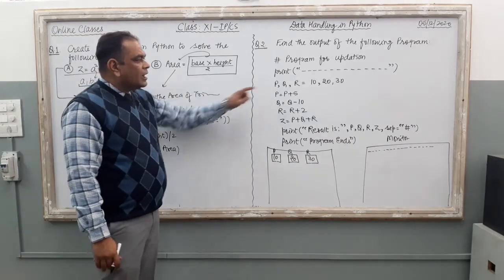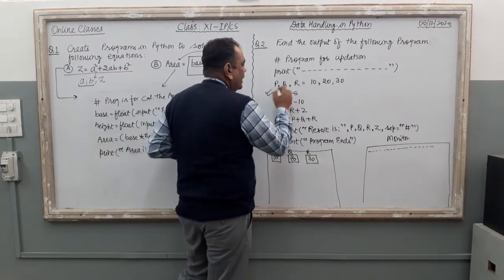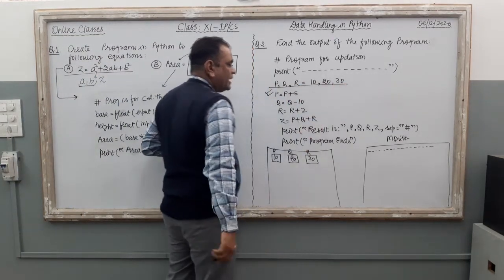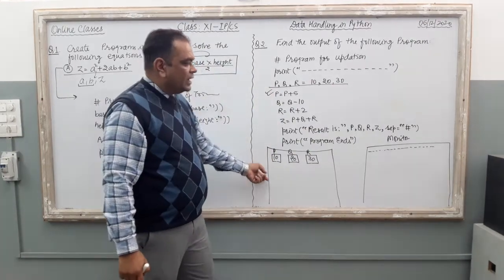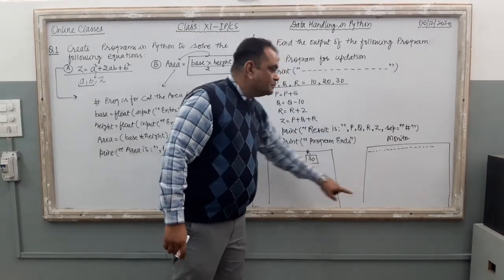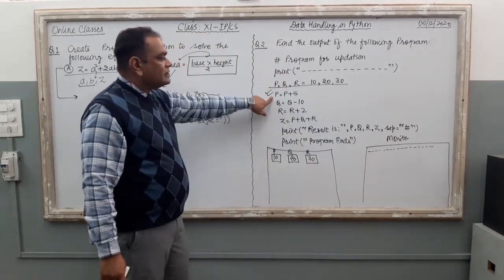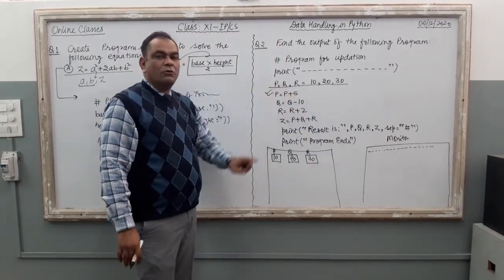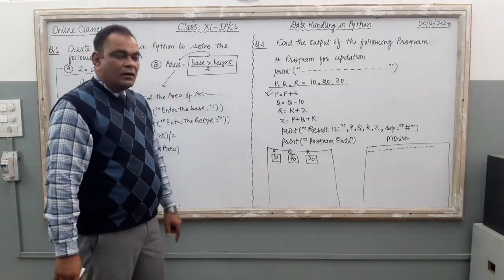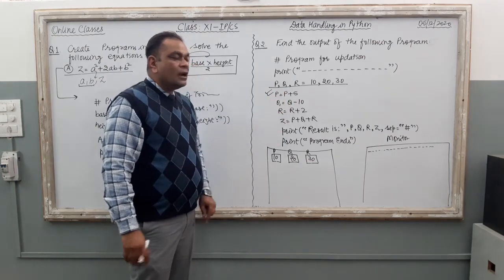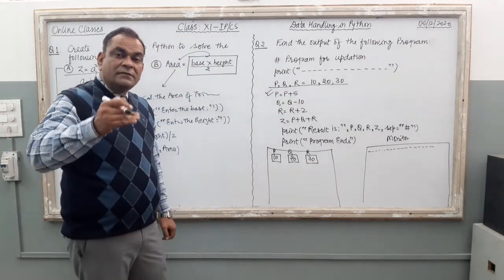Now what is there? The computer has shifted to that line. In this line, which variables were created inside the RAM? This line is related to the computer's memory only. So nothing is visible on the monitor. Now the computer is here to execute this line: P equal to P plus Q. What will happen here? The previous value of P is 10. 10 plus 5. Now the new value of P is 15.